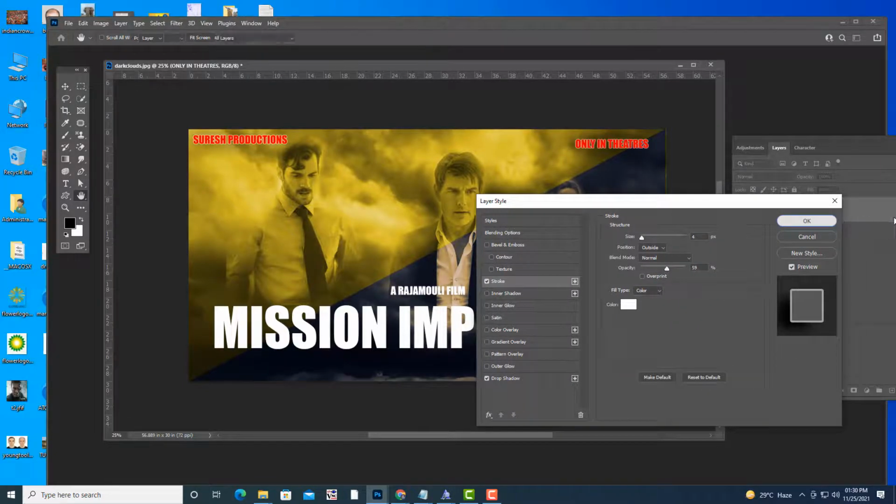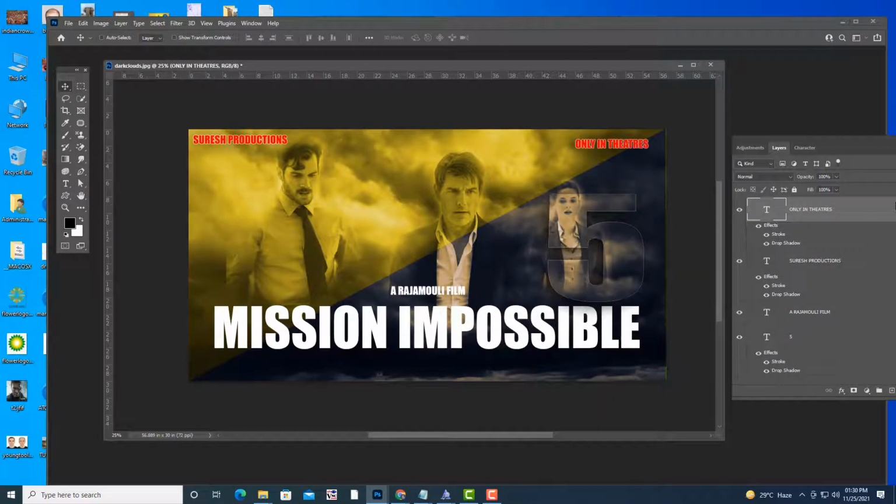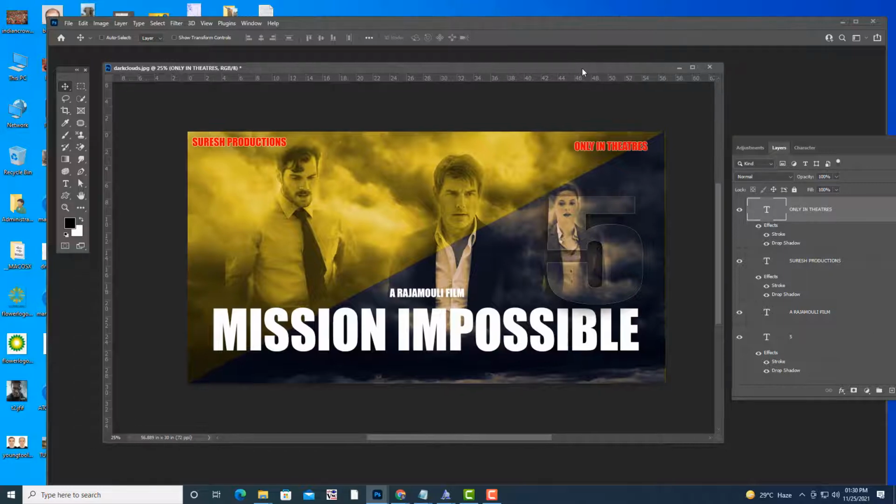So like this, we can create a nice poster by using the hue and saturation. This is my idea. You can use your own ideas, create a poster, and then save it finally as a JPG file. That I am going to leave to you.